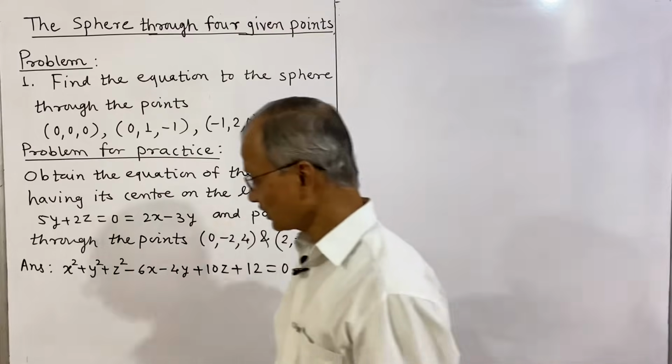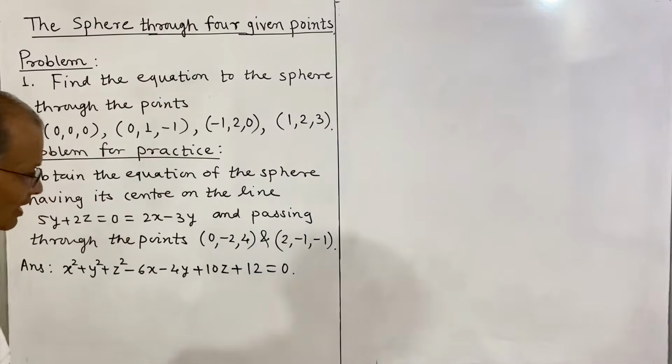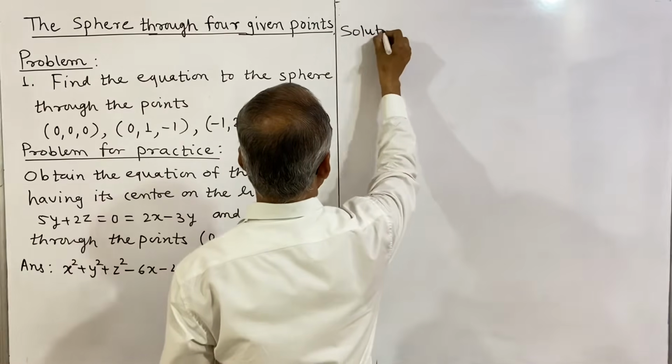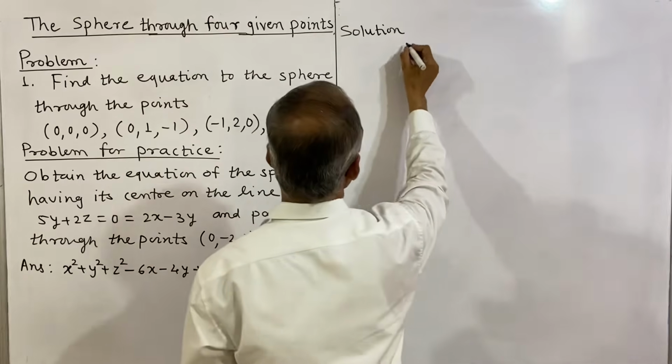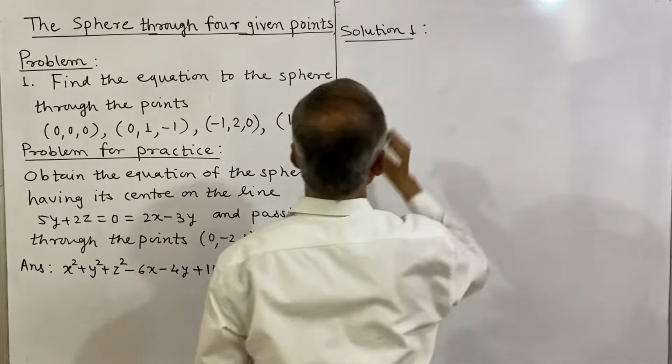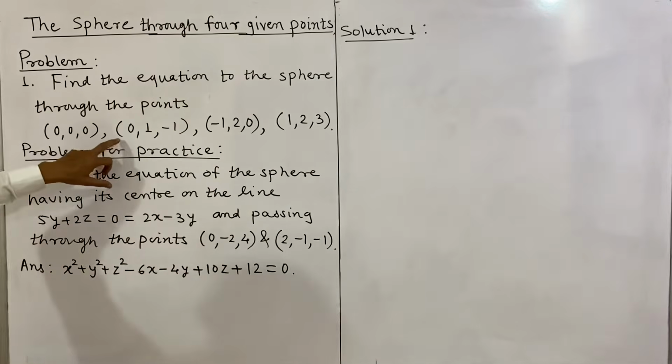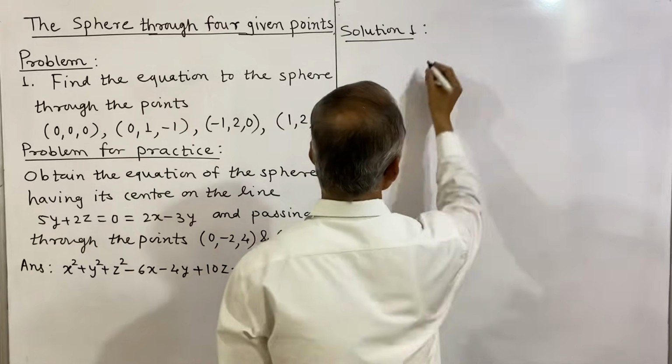Now what is the procedure to find the equation of the sphere? See, now we shall write the solution of the problem first. Solution 1. We will assume the general equation of the sphere, the equation of sphere in general form, and then we will use the given condition. Let the equation of the sphere be